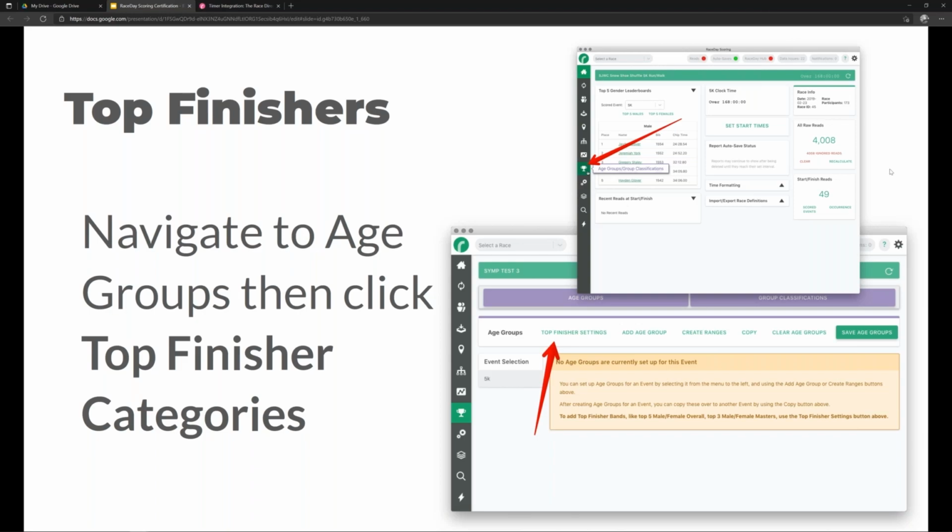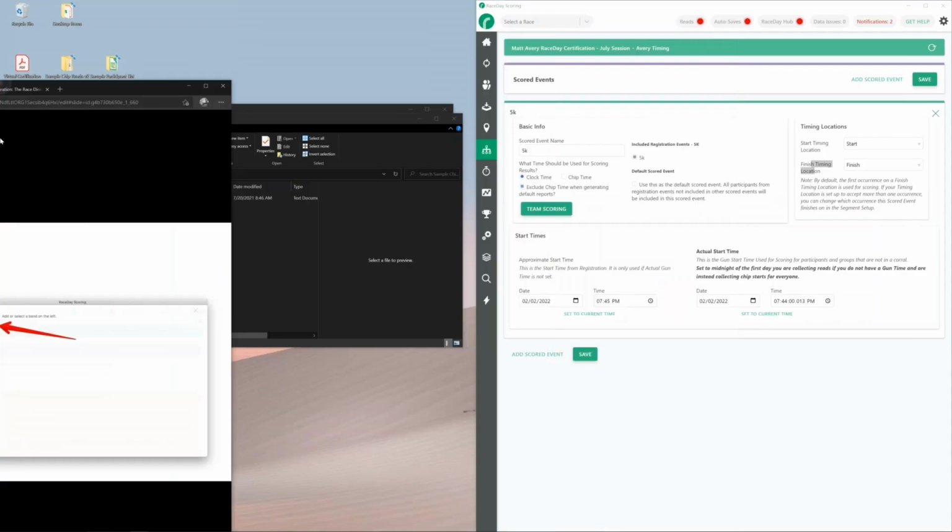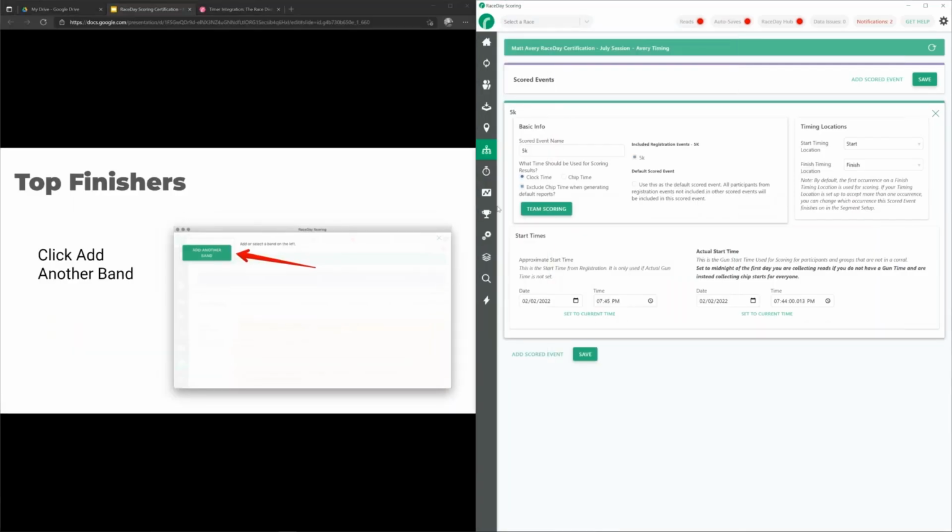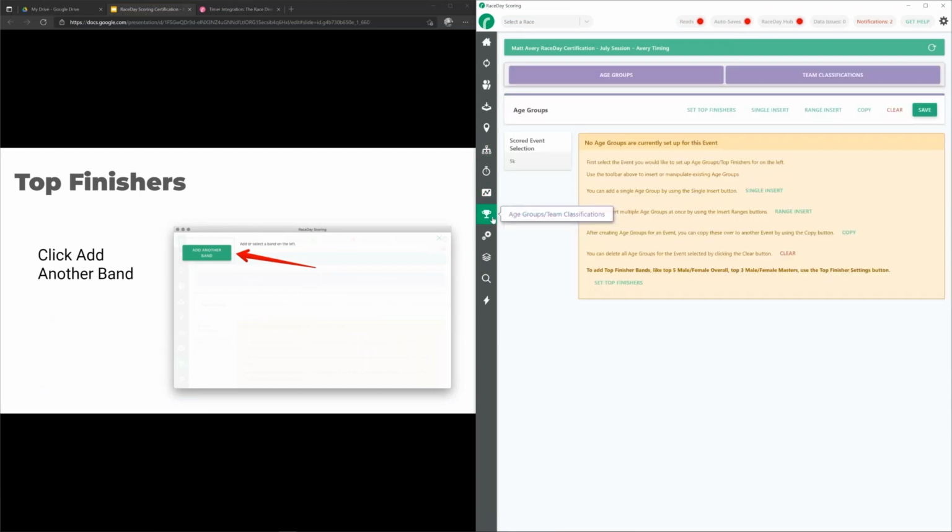So let's just do this. I'm going to show you as we go through the screens here. So I'm going to click age groups team classifications, and we are going to make sure you